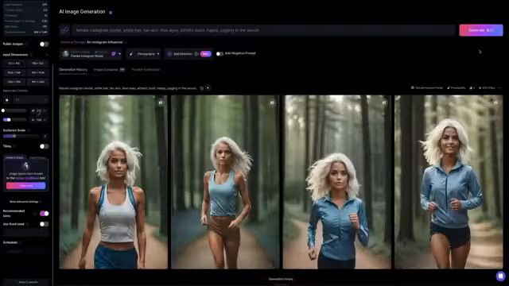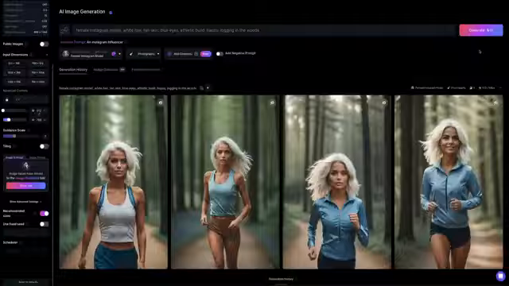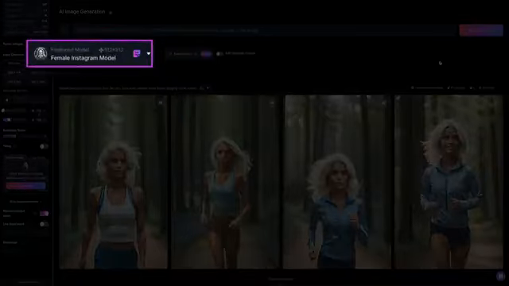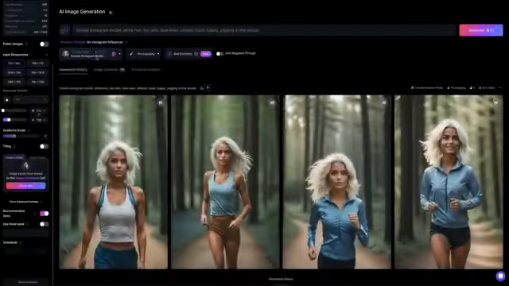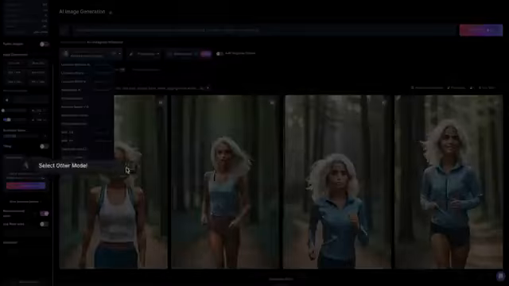Okay, next let me show you some quick tips to help tweak and fine-tune your model's results. First, let's change the model category. If you recall, when we first trained it, we used the general category. Well, let's see if changing that category has any effect on the image output. So if we open the model dropdown and click on the Select Other Models option,